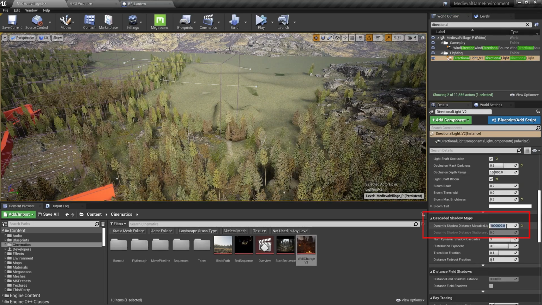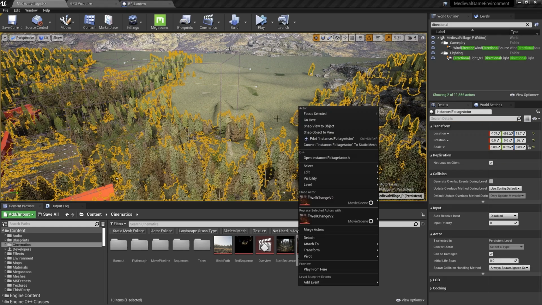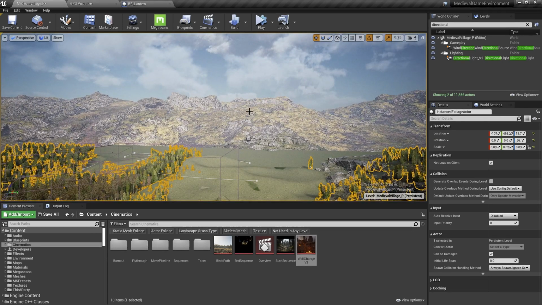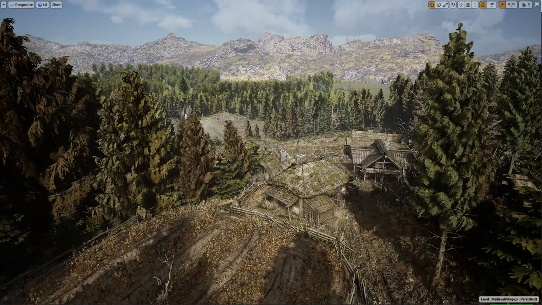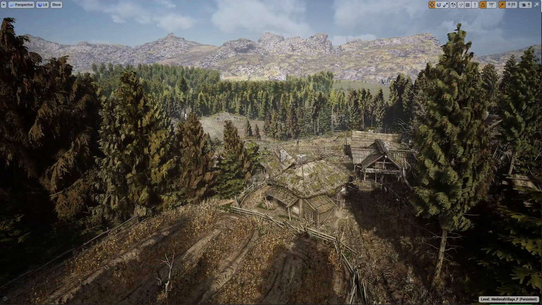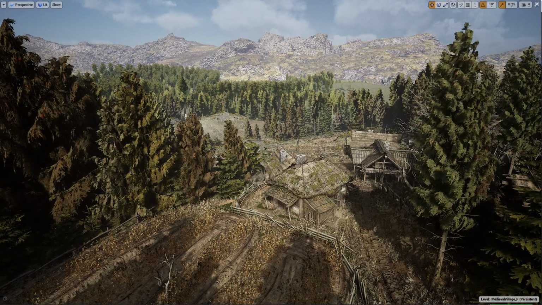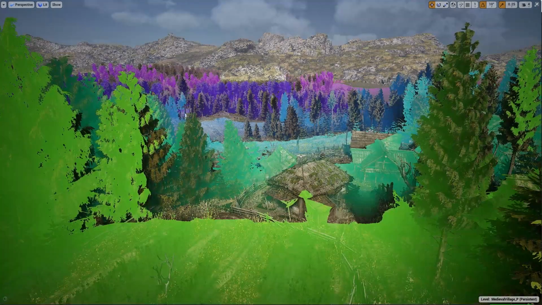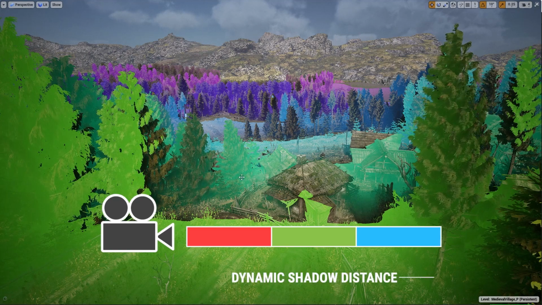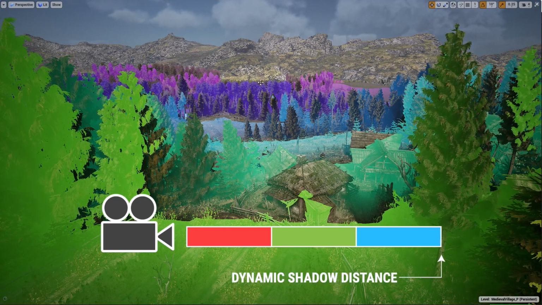See? Perfect. Except now you're running about 15 frames per second and you haven't even started drawing shadows out far enough to grab the mountains on the other side of the valley. Worse still, the shadows close to the camera are now blurry. What's going on here? In Unreal, dynamic shadows cast by the directional light use what's called cascading shadow maps. Basically, we break up the scene forward from the camera into a number of cascades, which are controlled by the directional light, of a certain size.